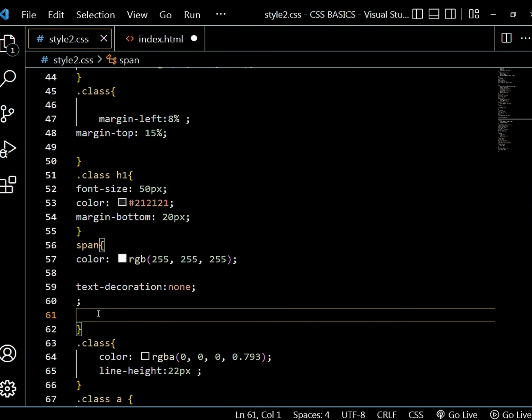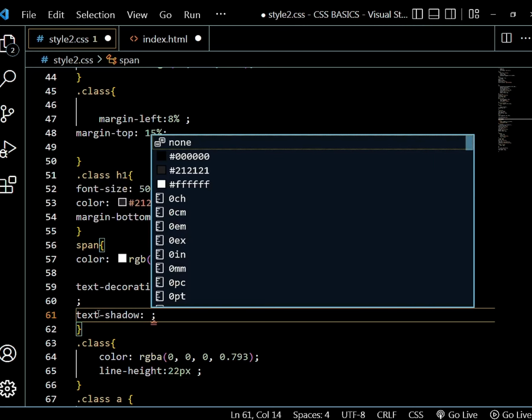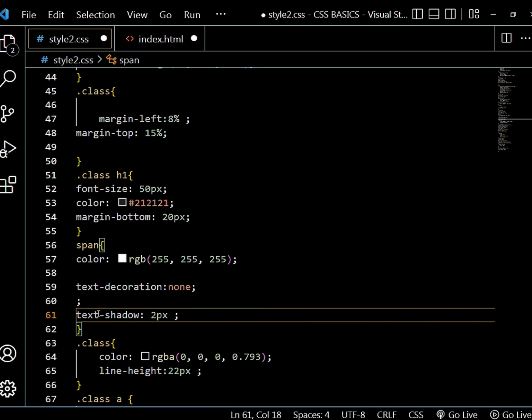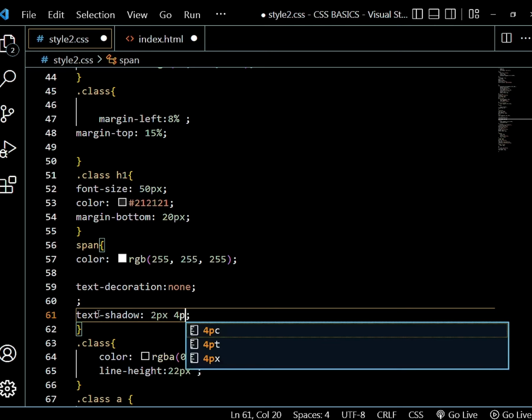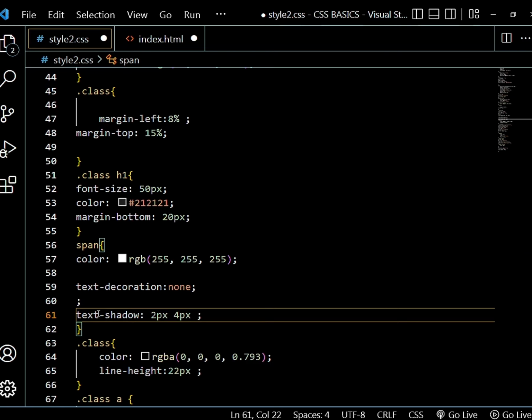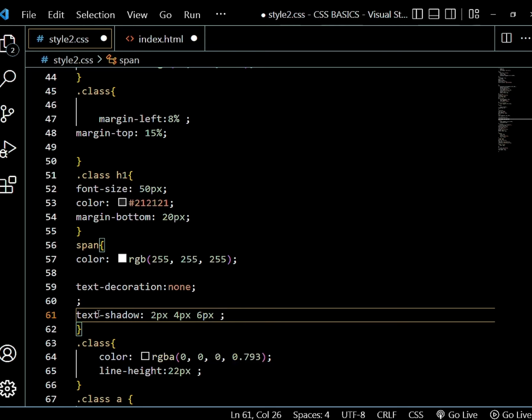Here I will write the property text shadow, and now I will write 2 pixels for horizontal offset, 4 pixels for vertical offset, and 6 pixels for blur radius. And here I will select a color as